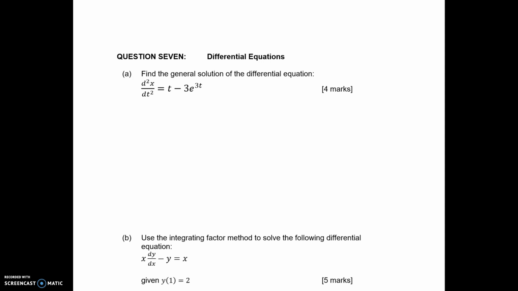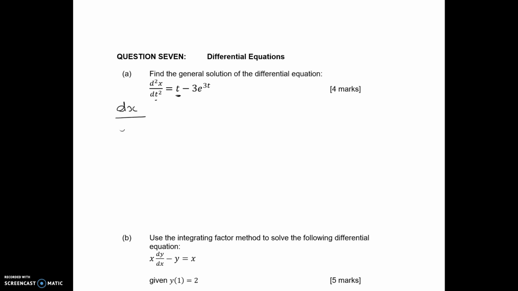You've got the derivative on the left-hand side, and on the right-hand side you've got the variable that matches this one, so it's quite easy. We just have to integrate. So we find the derivative first, we go back one step and we integrate t to give us t squared over 2, and then we integrate negative 3 e to the 3t to give us e to the 3t plus some constant, it doesn't matter what you call it, and then you repeat that to get the function x of